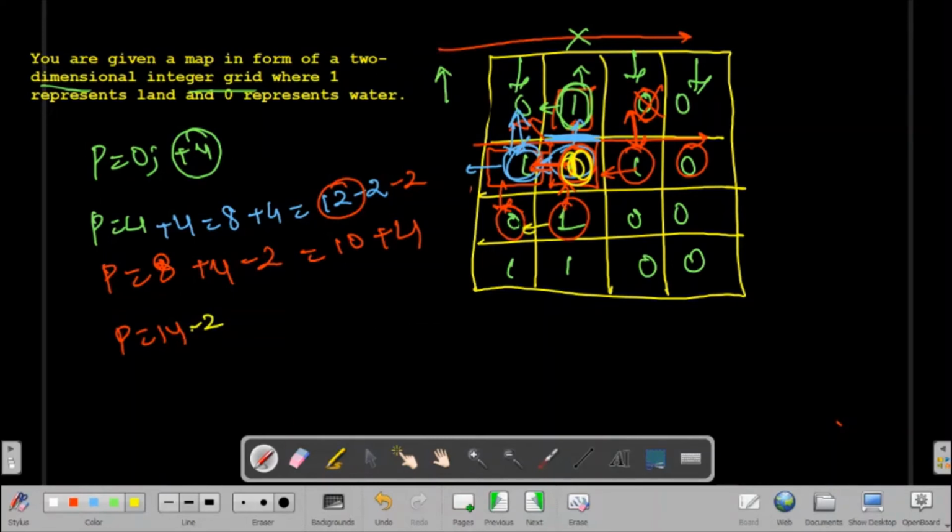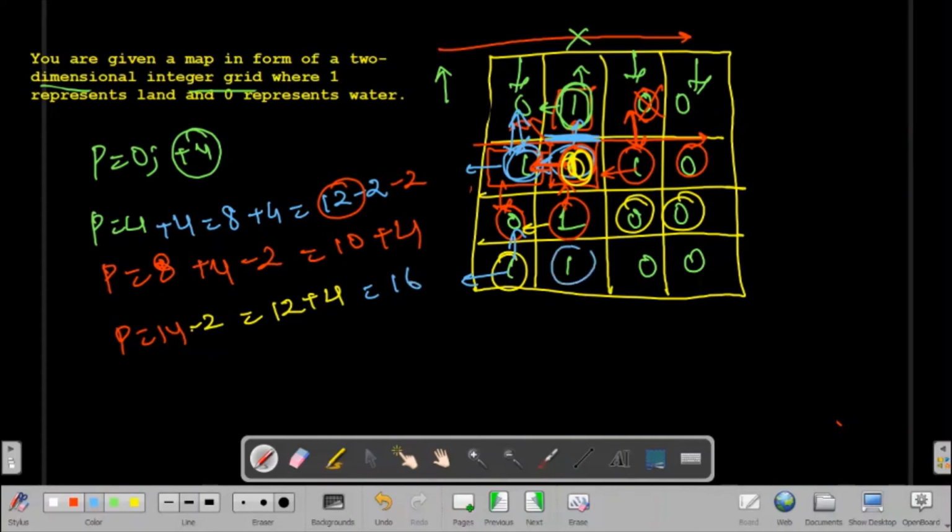So I don't have any land, so again I don't do anything. So right now my perimeter value will be 12. Again I will come here, again I'll come here, then again I will come here and see that I found 1. So again I will just add plus 4, and I'll see in the above direction we have 0, again this is out of boundary, so we don't subtract. So right now my value is 4 plus 12, that is 16. So now my value is 16.